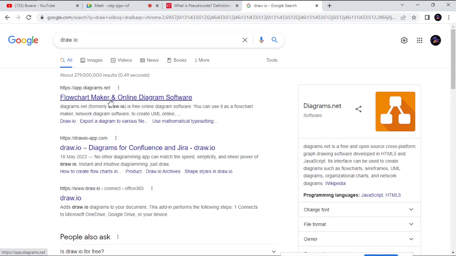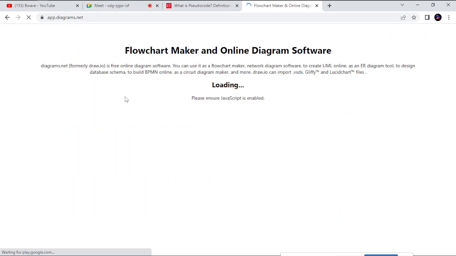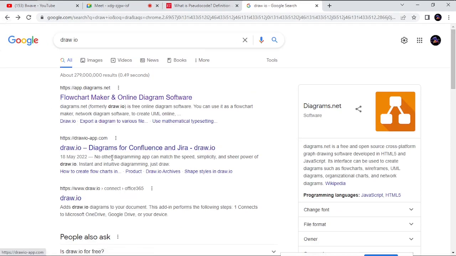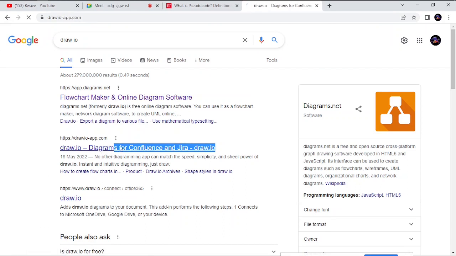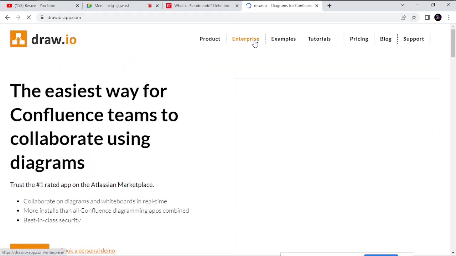Or app.diagrams.net. I think these two are the same thing now, right? They are even the same thing, formerly known as draw.io. They basically do the same thing. Now come here and draw your